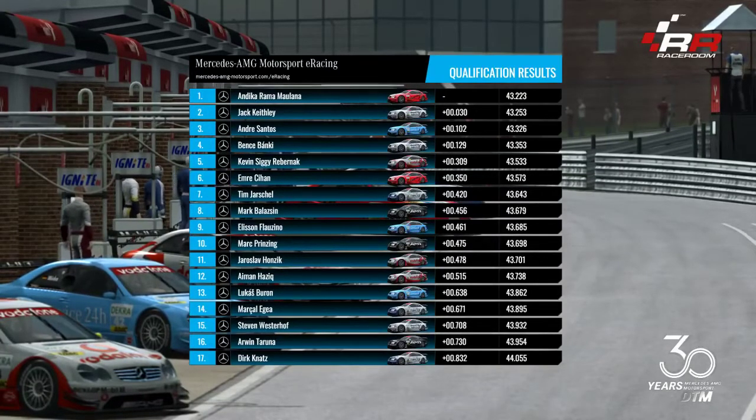So you'd be disappointed there again, Honzik, very disappointing to be down in P11. And for Ayman Hazika, a real shame there. He was looking pretty good, actually, to take a top 10 on his debut. The Malaysian wasn't to be, but, well, the old saying goes, Rob, you don't win points on the Saturday, you